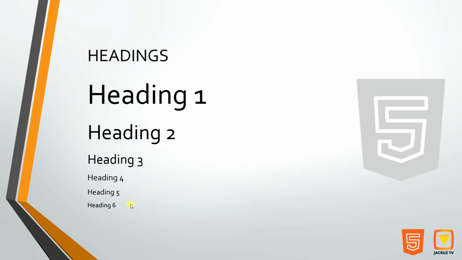So next, first is headings. This is the standard heading that we can use from heading 1 up to heading 6. After heading 6, the text will be so small, like you are using a paragraph, so it is useless. So it is advisable to use heading 1 only up to heading 6. Actually, heading 1 up to heading 3, yun lang yung ginagamit ko usually sa web development natin, sa